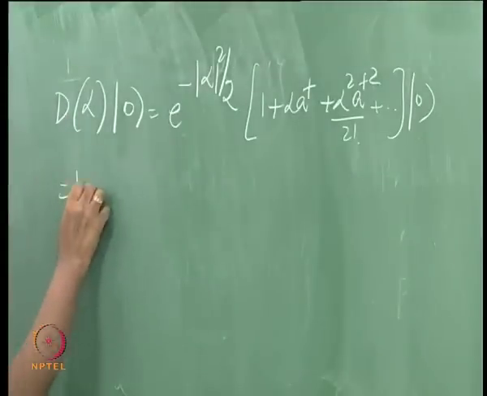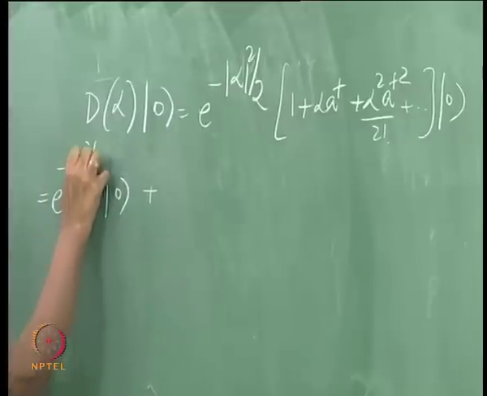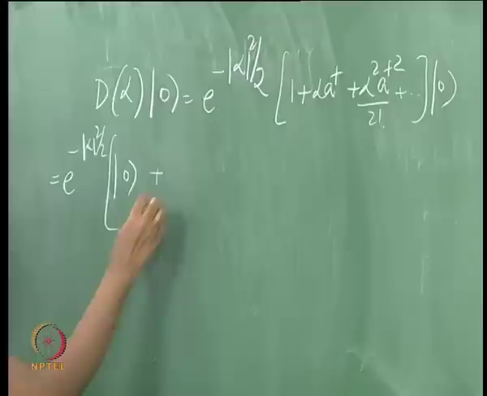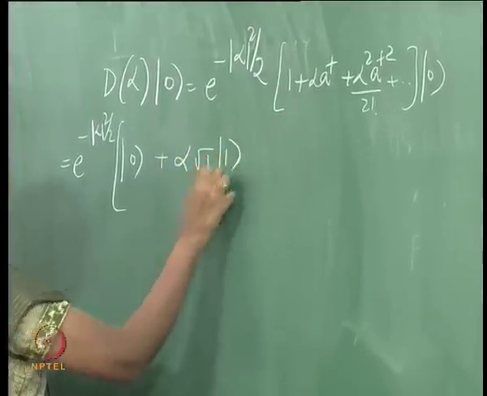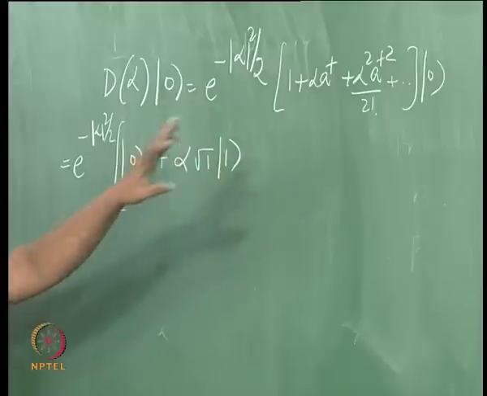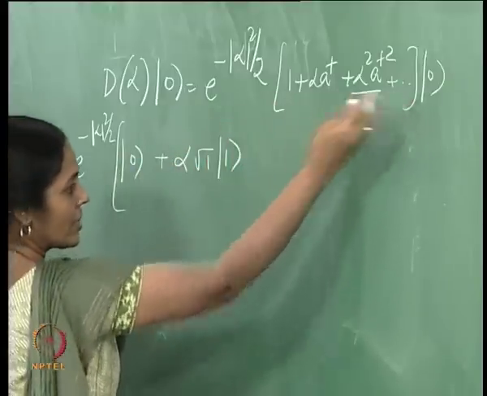Well, the leading term is ket 0. I have an overall constant e to the minus mod alpha squared by 2. The leading term is ket 0. A dagger on ket 0 is root 1 ket 1. I would like to keep the root 1 there explicitly so that a general formula emerges for this infinite set of operators acting on ket 0,